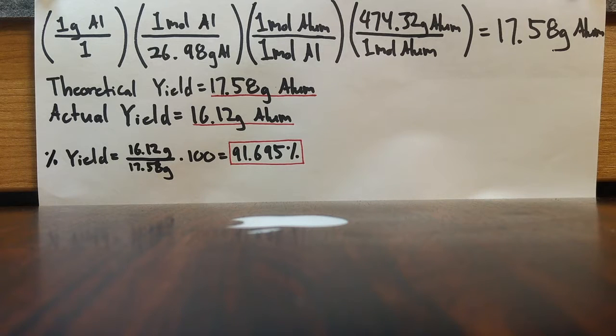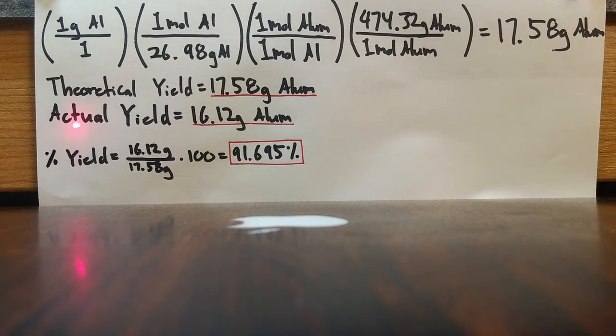Now on to the topic of percent yield. In order to find percent yield, I first had to calculate the theoretical yield, which is right here, and then I had to recall what my actual yield was from my experiment. So in order to calculate theoretical yield, we started off with 1 gram of aluminum, we convert that into moles of aluminum, and we convert the moles of aluminum into moles of alum by using the coefficient ratio. And from there we multiply that by the atomic mass of alum to get 17.58 grams of alum, which is